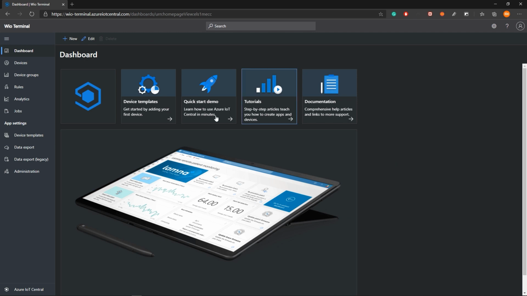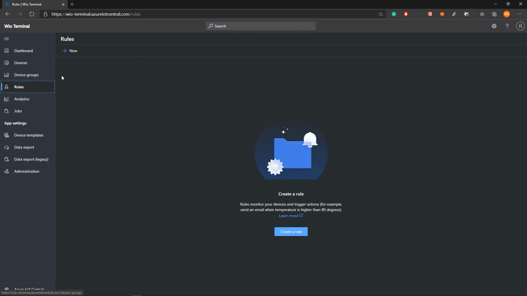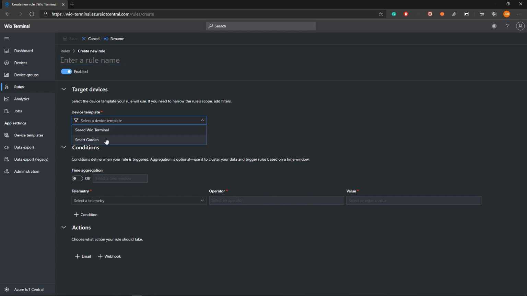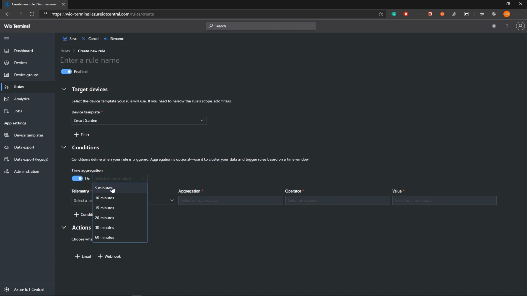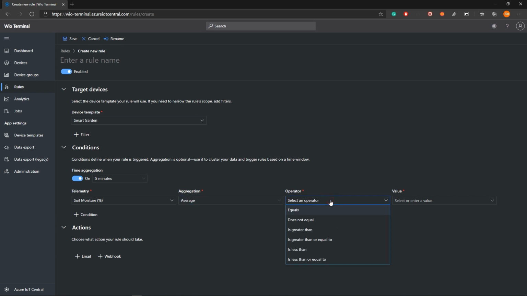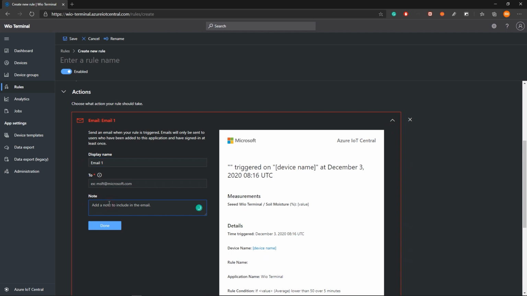In Azure IoT Central, you can set rules to trigger actions when specific conditions are met. So I will show you how. So go to Rules and click on New and then set the device template to Smart Garden and set the time aggregation, we'll set it to 5 minutes. So the telemetry will be soil moisture and the aggregation let's set to average. So if it is less than 50, so 50%, then we will set to send an email saying to water the plants and the display name